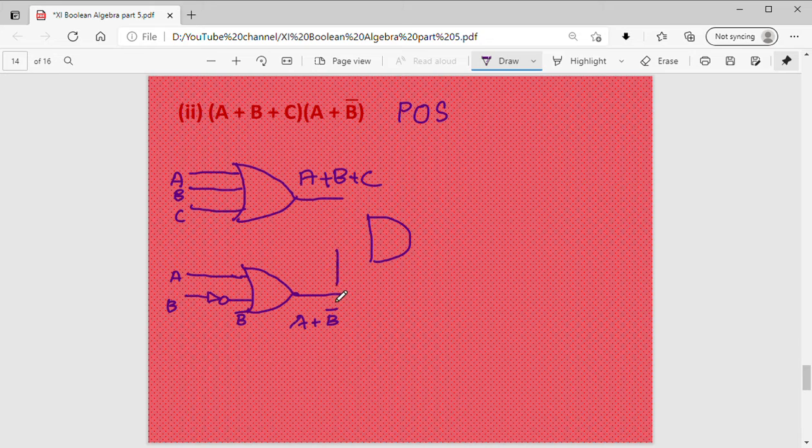And if you give the output of these two OR gates into the AND gate, the two terms will be multiplied. So the final output will be A plus B plus C into A plus B bar. So that is the circuit.